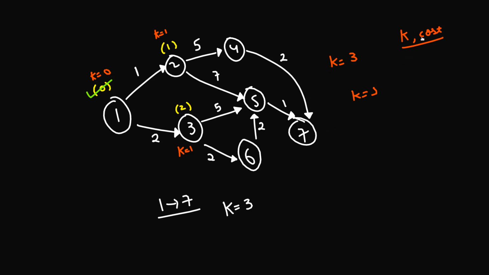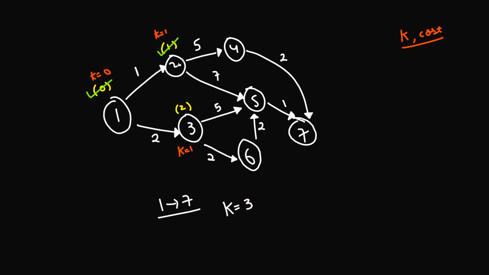In fact, you can use the cost also as the first measure, but in this algorithm we'll be giving the priority to k first, that is the minimum value of k, and then the minimum value of the cost. So if you take these two into consideration, both of them have the same value of k, which is k equals 1. Since the value of k is the same, I'll give the next priority to the cost. So which among these two has the minimum cost? I realize that this particular city 2 has the minimum cost, which is the cost of 2. So I'll be processing this city and going to its neighbors.